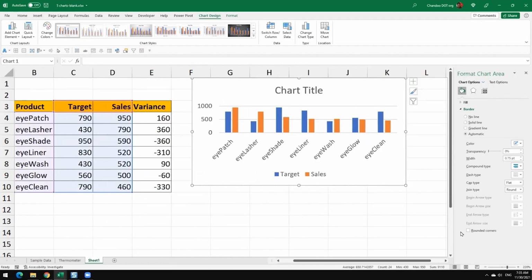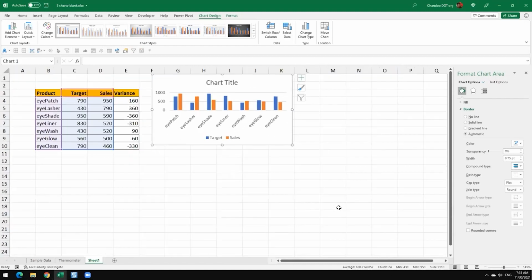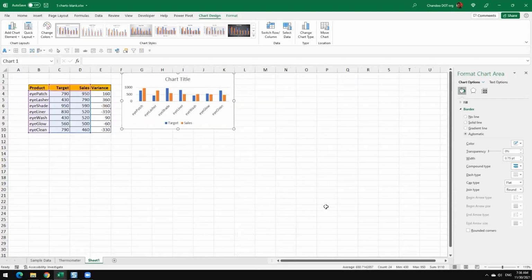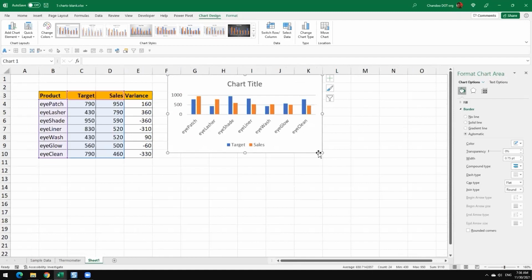They look comically big on my screen because I'm at 200% zoom, but if I go all the way to 100%, that's how big the actual chart is on a normal screen on a normal day. Because I'm presenting, I made them big. So we'll make it maybe this big. So if I am resizing the charts and I want to place them and align them with the cell boundaries,